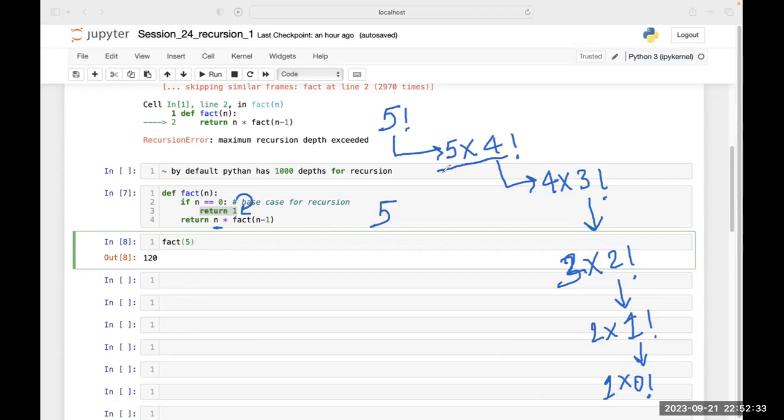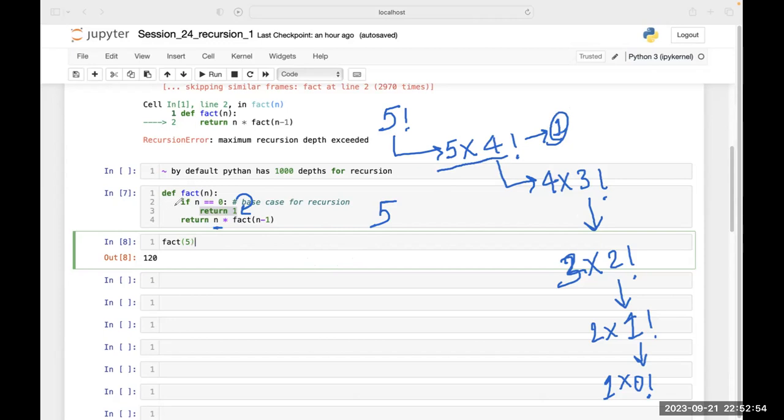Is this thing clear to you or not? Please tell me, this first step. Ruchi: No, please explain it again. By default, Python is 1000 depth.